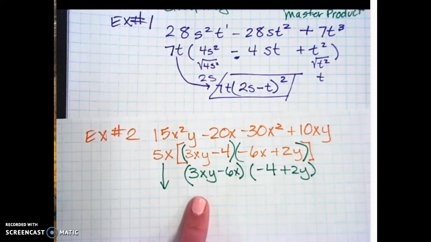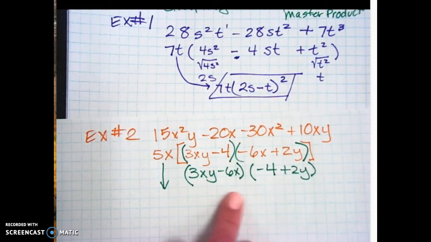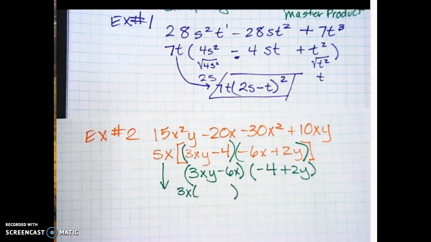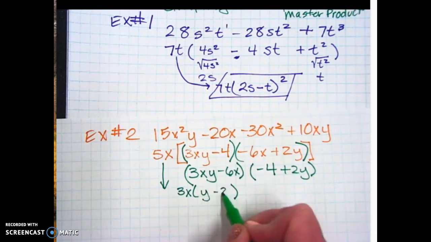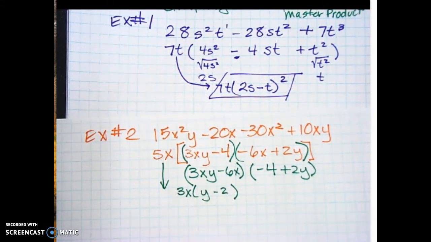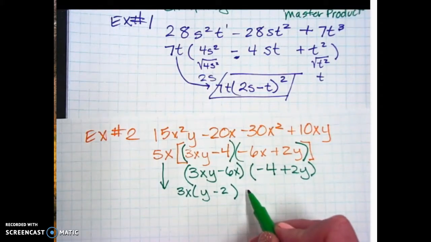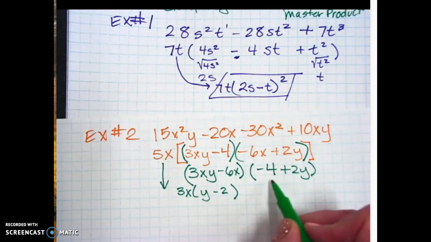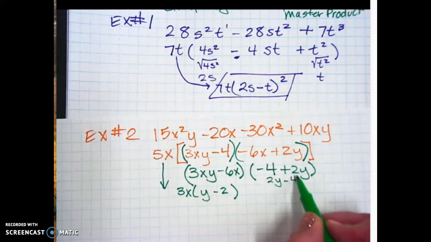All right. Now do we have a GCF? Yes, which is 3x. So pull out a 3x. And left is a y minus 2. What's the GCF in the second grouping? 2. How about negative 2? Yeah. Oh, let's switch the order, right? Because we want it to match this as closely as possible. So if we change it to 2y minus 4,